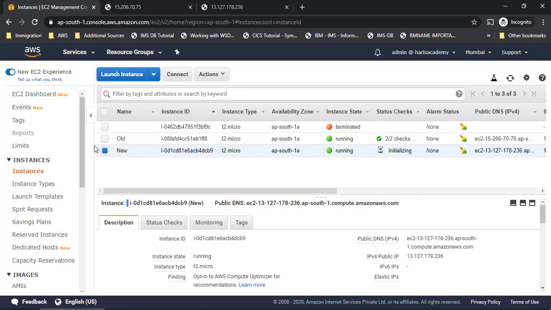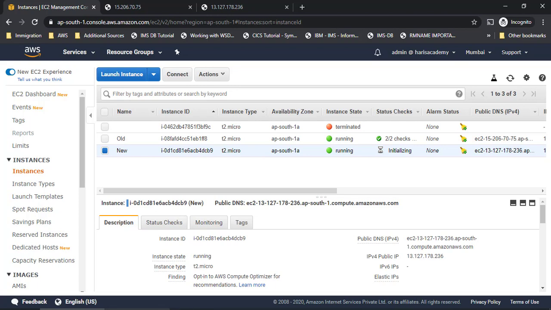That way you can create multiple instances with the same image. This is going to be very helpful when you have a big organization where you have to set up laptops for many people with the same configuration. That way you can go for AMI and do all those setups easily. So create an AMI once and then use it for creating multiple instances on top of it. Now it is verified.